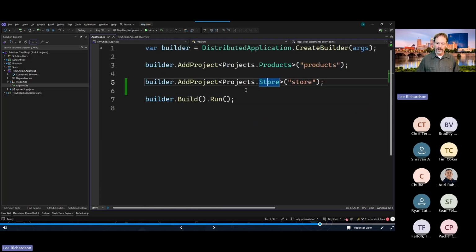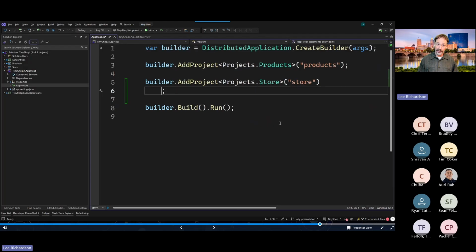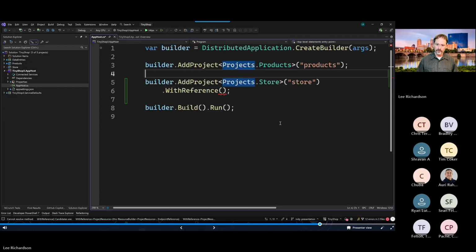It doesn't matter, but it's just kind of interesting the way it works in the back end. So normally, if you were to want to get the service discovery to work, you would, after having called add project, you would now say add dot with reference and